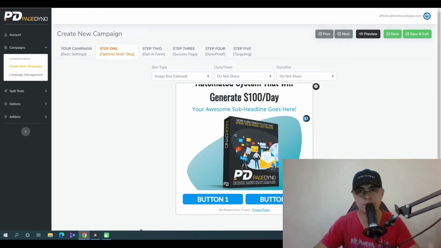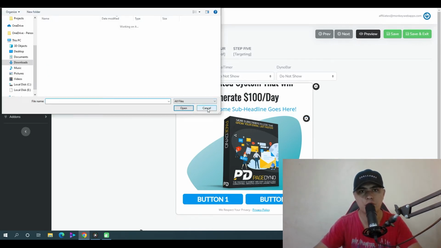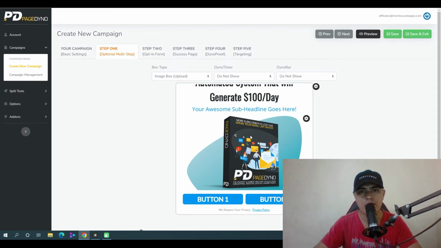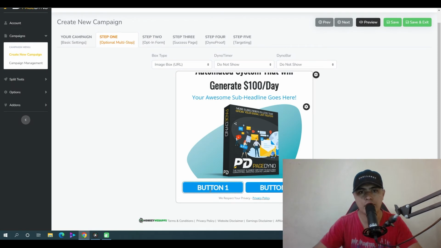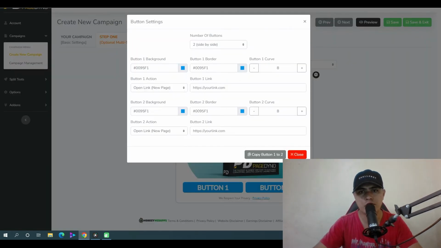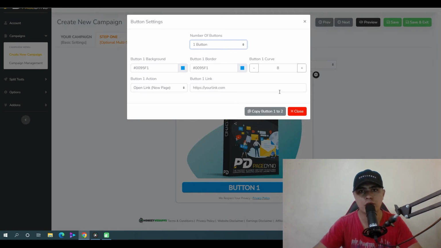from your computer. Here you can also upload your image right here, or you can choose this image URL, which will allow you to just copy and paste an image URL right here. All right, and then you can click on this buttons right here and choose either 1 button or 2 buttons right here. So let's say you only need 1 button right here, so you have 1 button right here. You can change the color, you can change the border, you can pretty much customize the look and feel